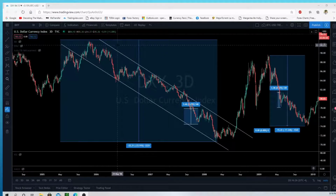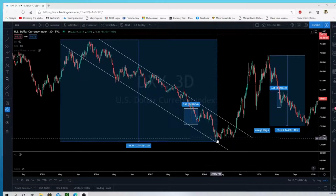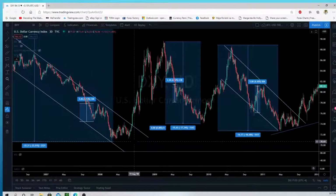And the US dollar at this particular year was at 23, almost 24%, but at the end, the big drop. But before getting to this point, the dollar gained about 4%, almost 5%, 4.65 to be exact, right here, before dropping all the way over here. And it happened once again right up here, exactly the same thing, a drop in